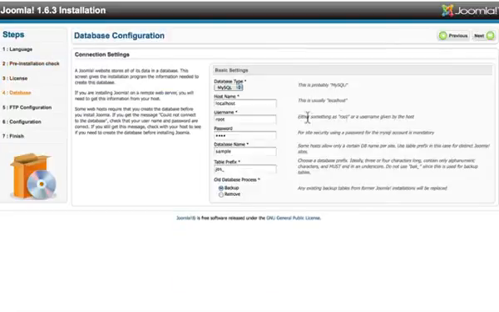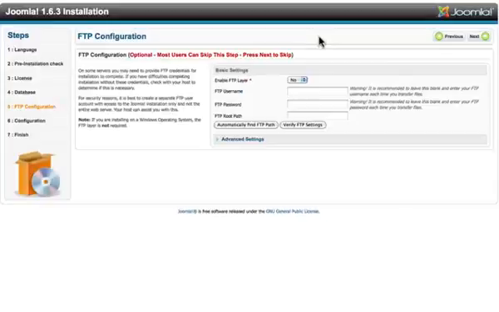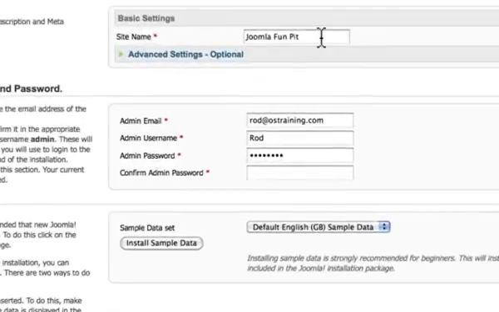The license, and now our database. MySQL, localhost, username is root, password is root, sample is the database we set up just a moment ago, and I'm going to leave the table prefixes the same. I can change these, but I always encourage you to leave an underscore there to separate the table prefix from the table name. FTP configuration, most users can skip this step, so we shall. And now give it a site name. I'm going to call mine Joomla Fun Pit. Put in your email address, a username that's not the word admin,